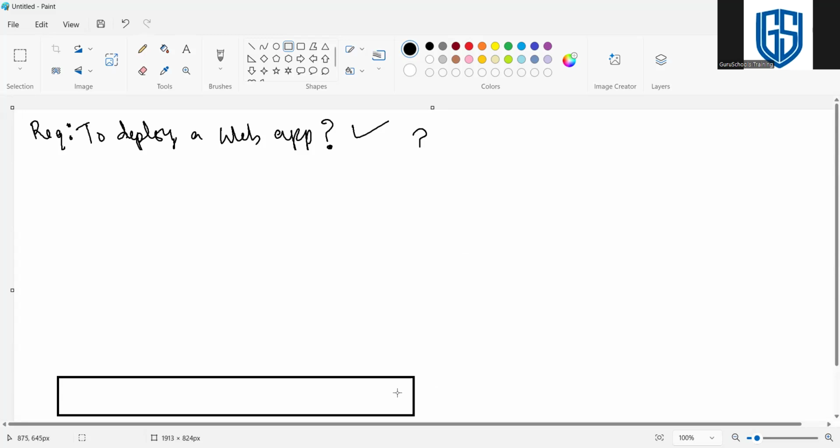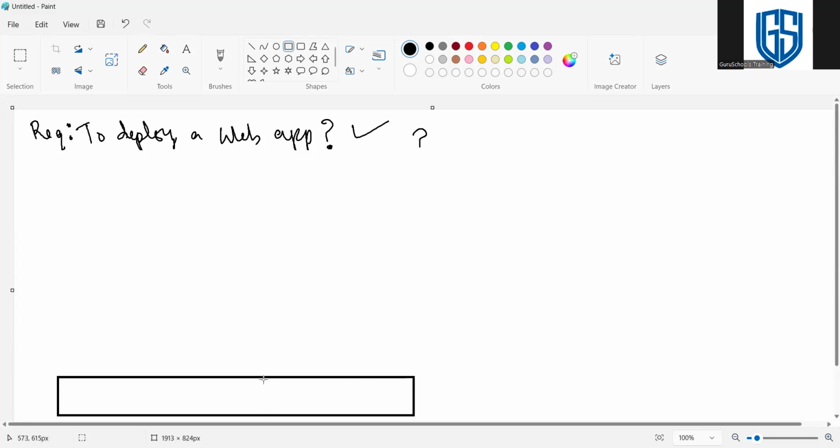So first we need to buy a server. This server costs around 70,000, 80,000, 90,000. That is the starting range. Going above, it goes to 1 lakh, 2 lakh, 3 lakh, as per the requirement.